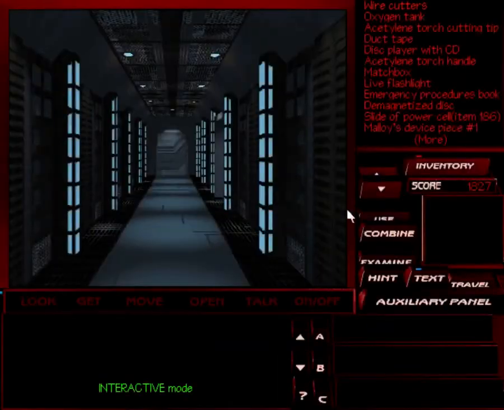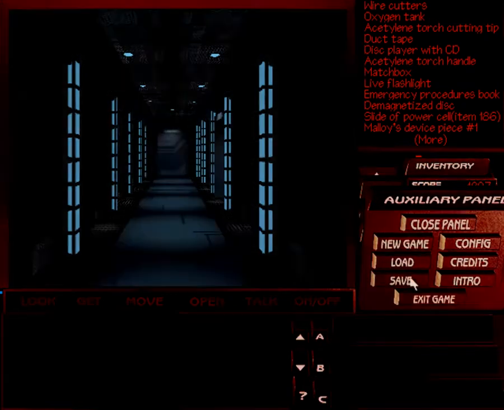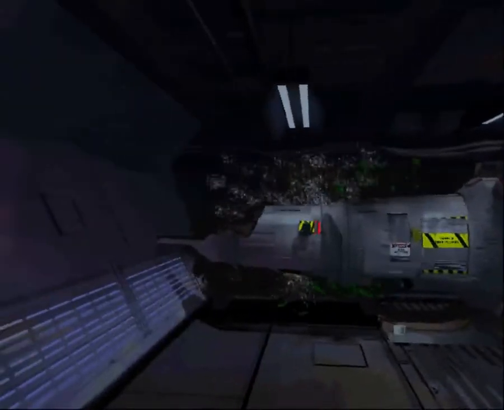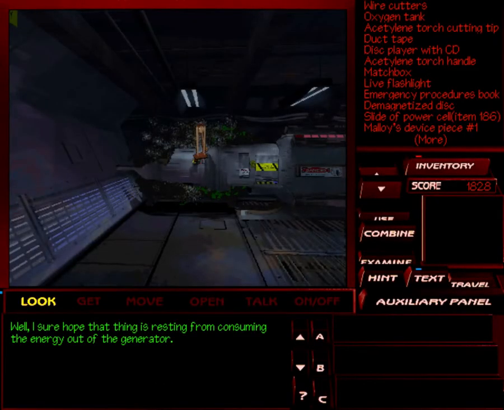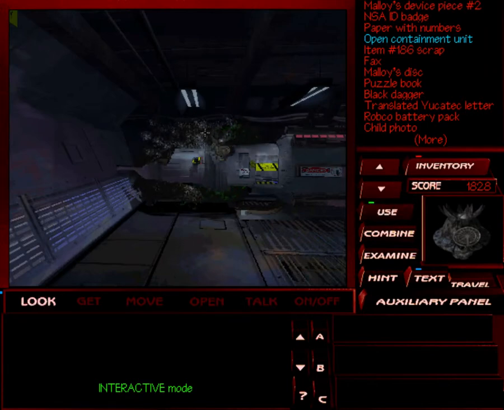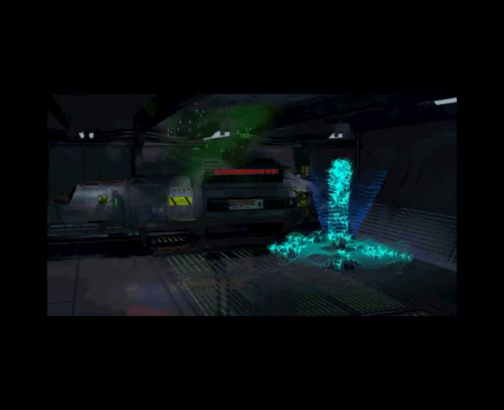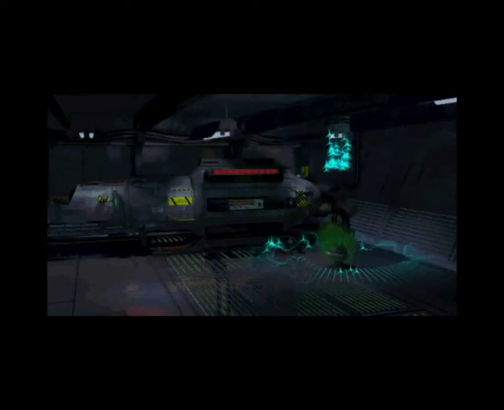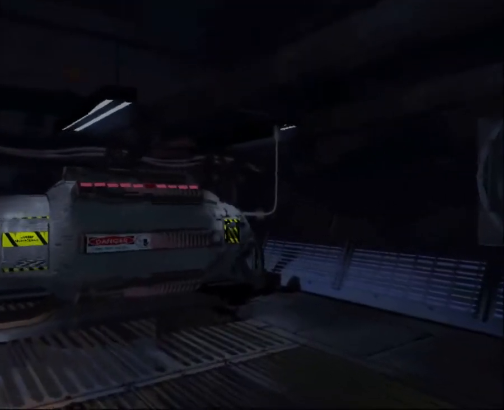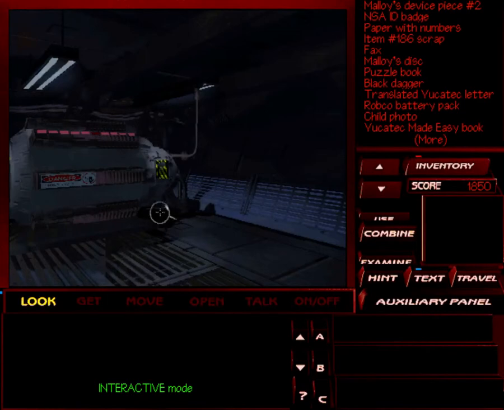And we'll just step out in the hallway and go ahead and save here real quick, just in case I'm not being quite as clever as I think I am. And yep. Well, I sure hope that thing is resting from consuming the energy out of the generator. Alright, and where did it... Yeah, it went to the bottom of my inventory. So we'll go ahead and put that out there. Light is green, the trap is clean. This beast must be a back...